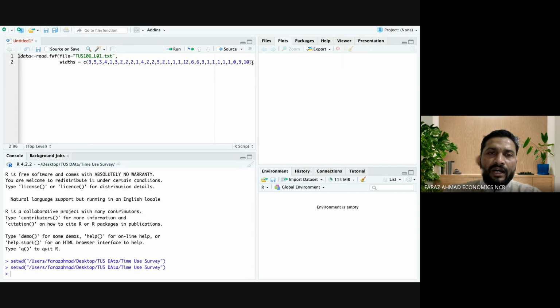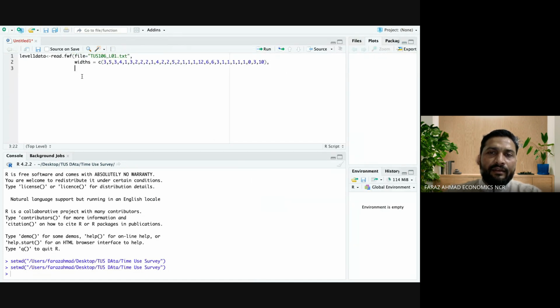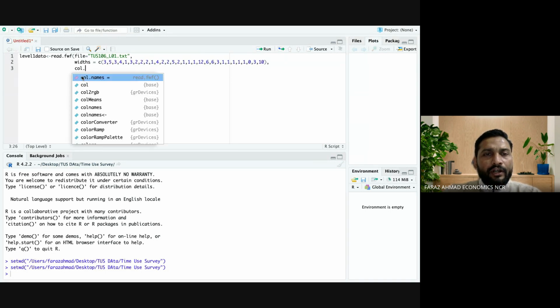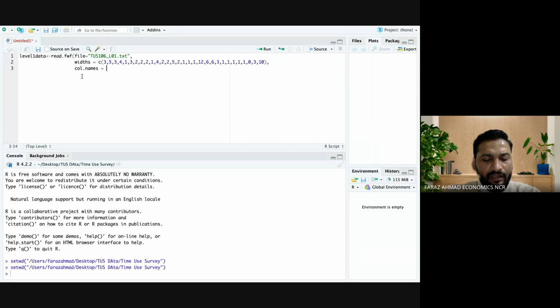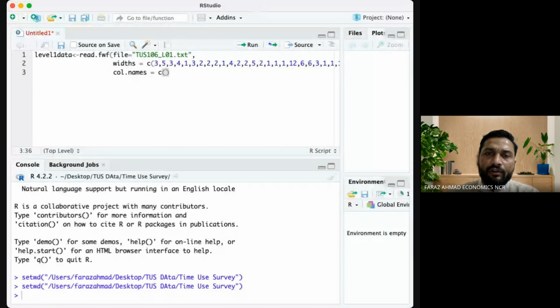And then put a comma and then go to the next line and then write col.names equal, again write a C and in the parenthesis copy paste all those schedule etc. वहीं से कॉपी पेस्ट कर दीजिए।